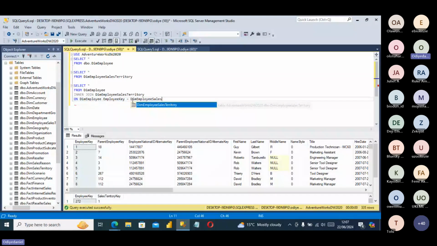I just double click on this, dot. So what relates them together? Employee key. So once I run this,